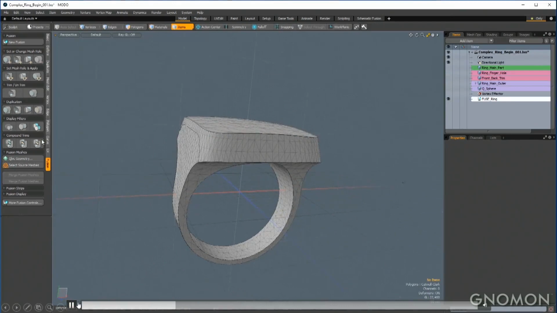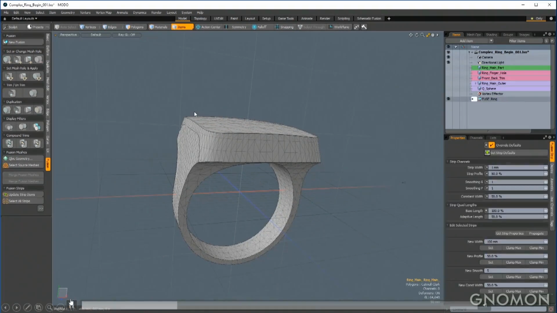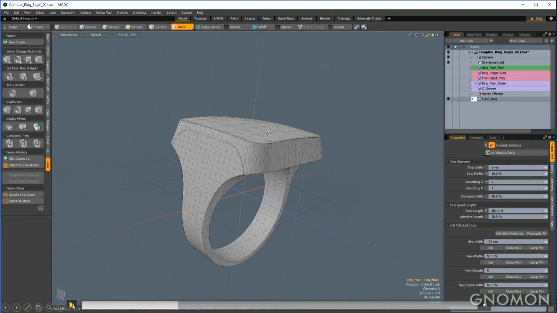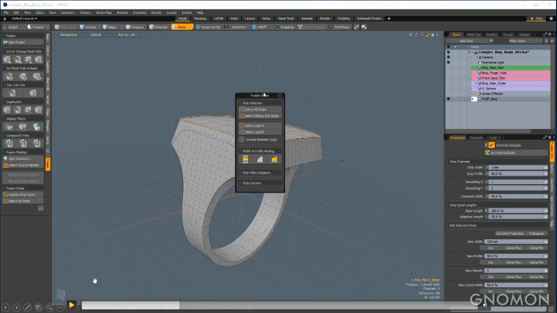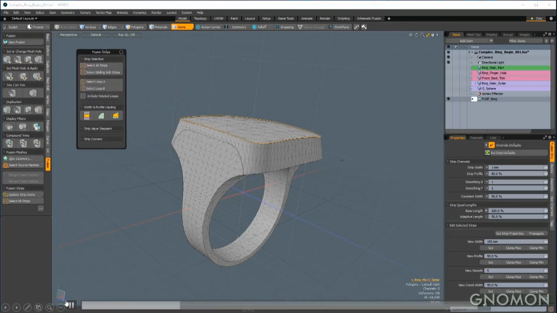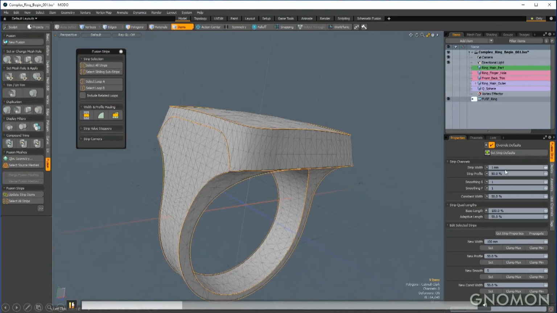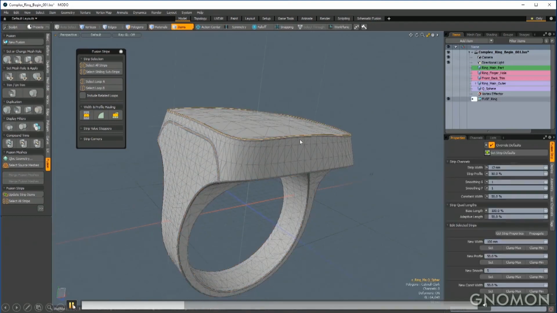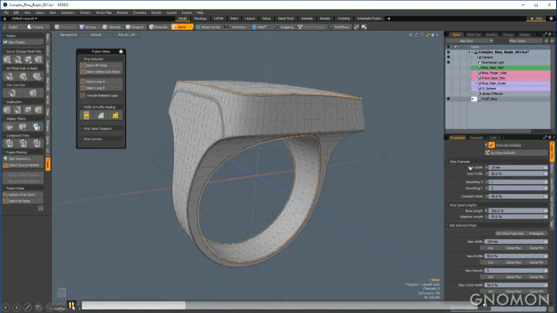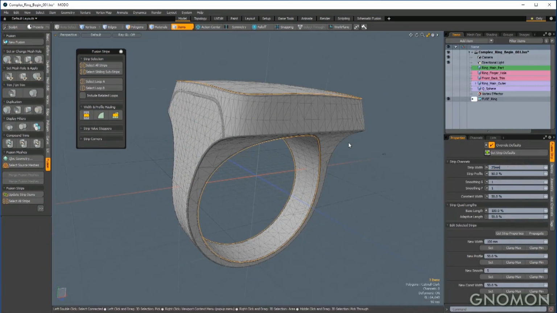So another great thing about Mesh Fusion, and this really differentiates Mesh Fusion from regular Boolean operations, is the idea of strip items. So strip items are created with the Fusion item, and they occur wherever a Fusion source item intersects with another Fusion source. So by clicking on a strip, we get this Fusion Strips menu, and then in the properties, I can change the strip width and strip profile. And it's almost like working with live bevels. I'm changing the strip width right now to 25 millimeters.